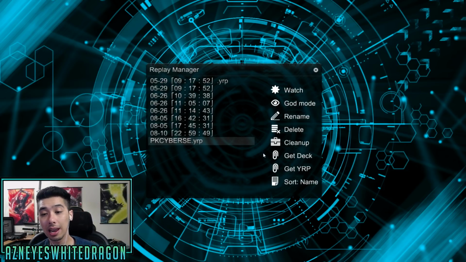I would go ahead and actually click Get Deck. What it's going to do is, over in the bottom right hand corner, I know my face is here, but it's going to say save deck in the bottom left hand corner. And what you guys can do after you save a deck from a replay,